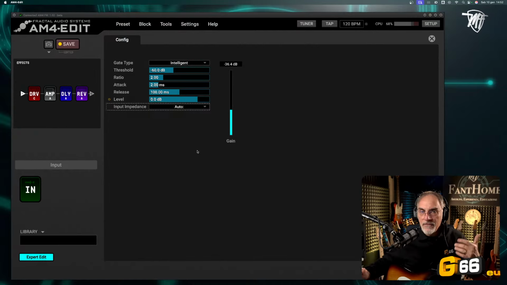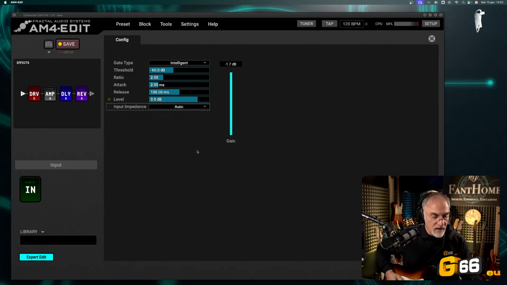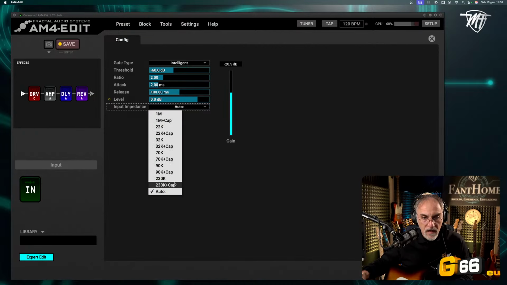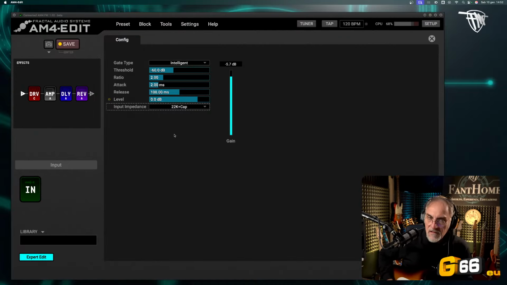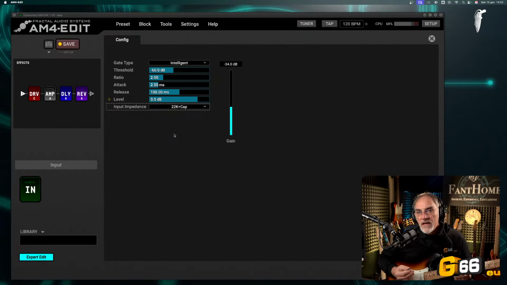Okay, and for this reason, when the drive is enabled, if you go down with the volume and you put, for example, this value, 22 kilo ohm plus cap, the sound is incredible. It's a clean sound.